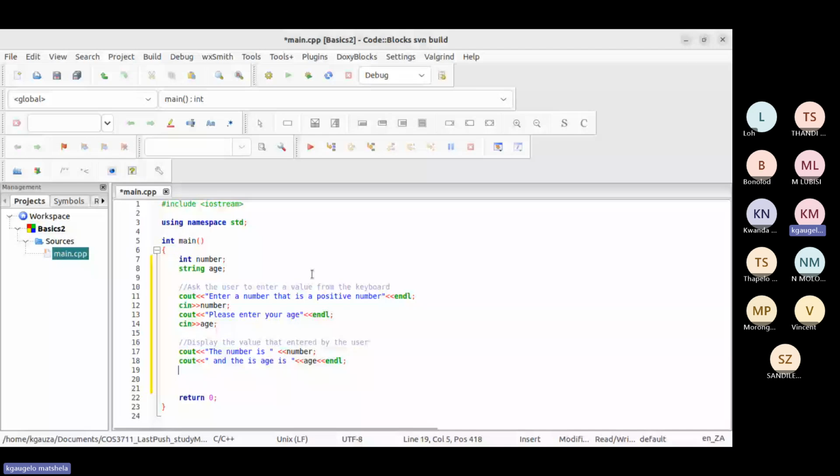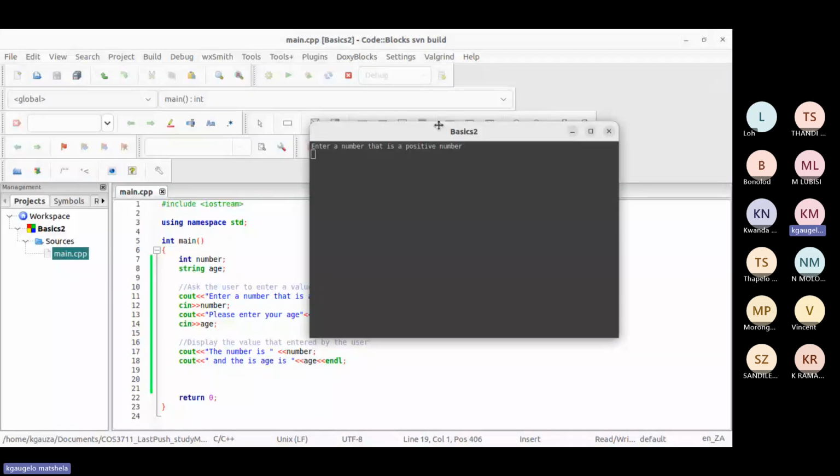So this is the program that is gonna ask the user to enter the values. After that, cout those values that were entered by the user. Okay. So after running this program, we're gonna also do the if statement, just to check if the user entered the number that is positive there. So enter a number that is a positive number. So if I enter 6,